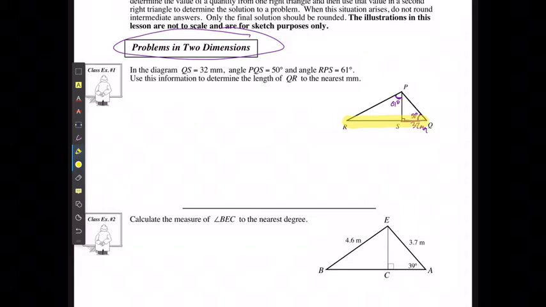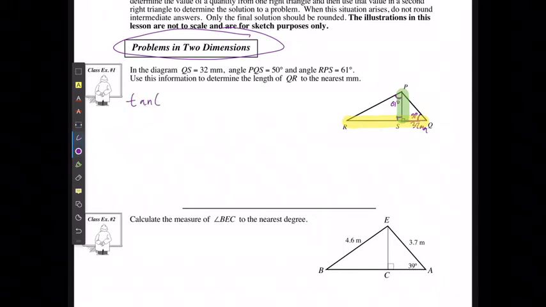Well, I don't have enough information on the second triangle to solve for what RS is, because remember, I need to have at least 3 pieces of information. All I know right now is 2 angles. I don't know any side lengths, which means that I'm going to have to start by solving for the shared side length of P to S. I have an angle, I have an adjacent, and I'm solving for my opposite, which means that